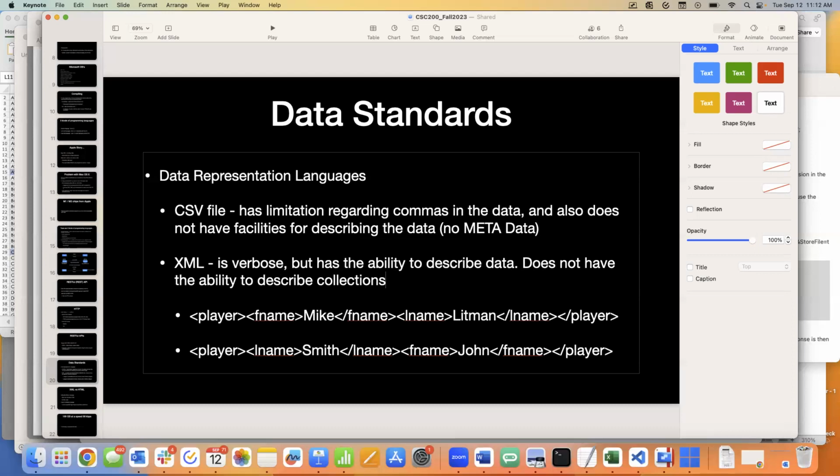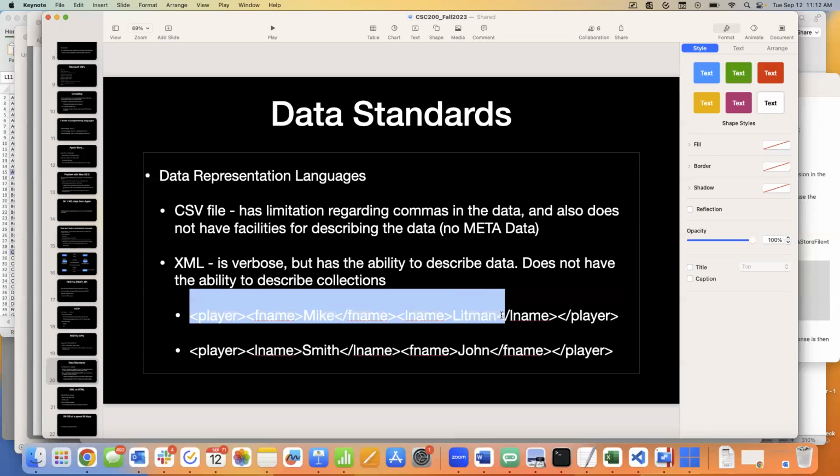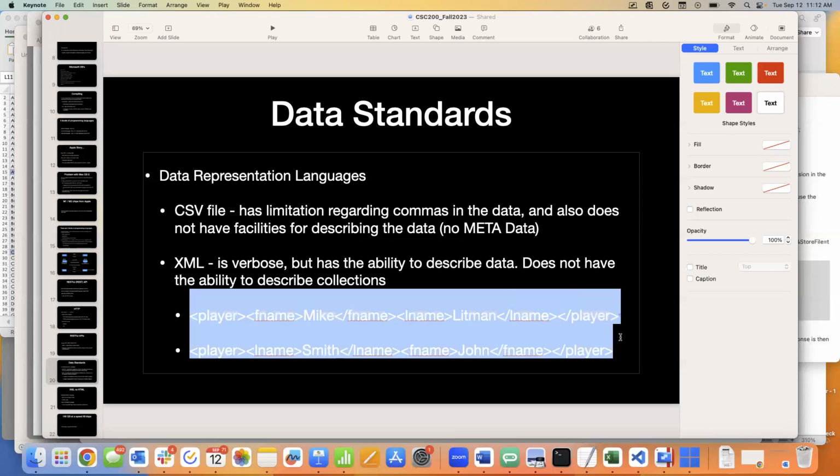And what I mean by that is, let's assume we were asking for the players on a baseball team. All right. And let's say there's 20 players on the team. I'm going to get a document that just has 20 lines that look like this. It won't be wrapped in something that says, here's a collection of the documents, right?